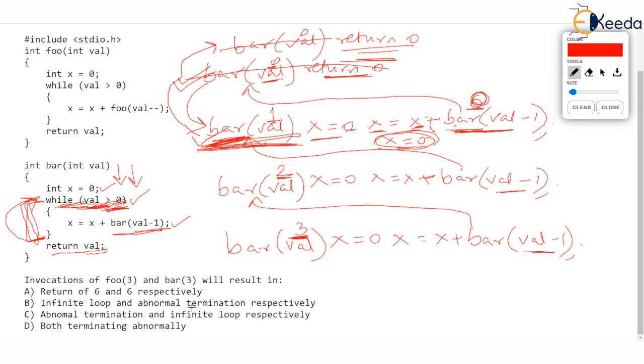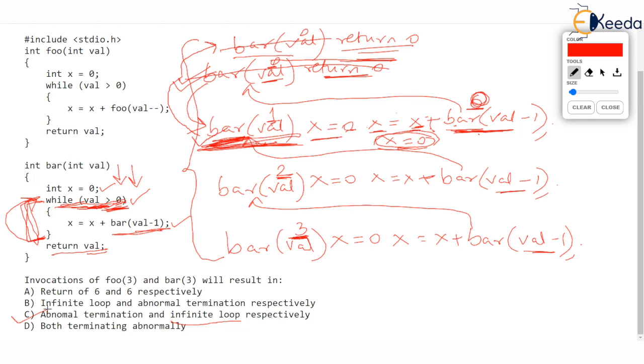Option B is abnormal termination. No, this doesn't end abnormally. Please try to understand. The operating system will have no complaint. This is not going to eat up all the memory, because memory will never become full, because bar 0 starts but it ends immediately, making the memory vacant. Bar 1 resumes, it calls bar 0 again, bar 0 ends again, resuming bar 1. So this will not be abnormal termination, but this is an infinite loop where the two functions are calling each other indefinitely. So option C is correct.